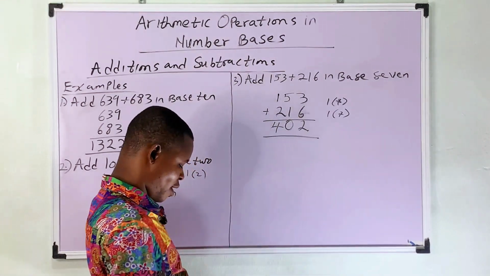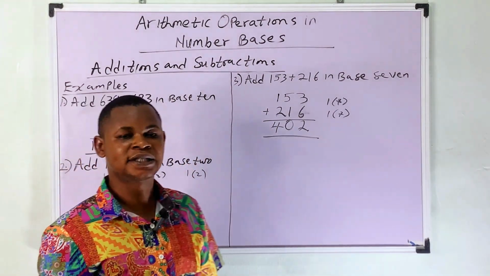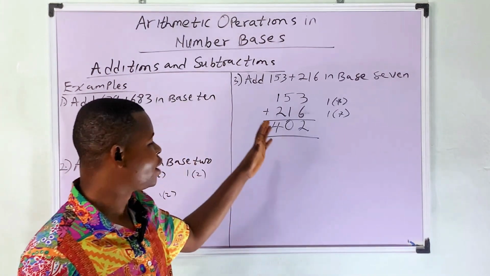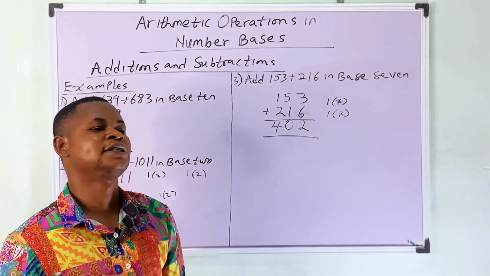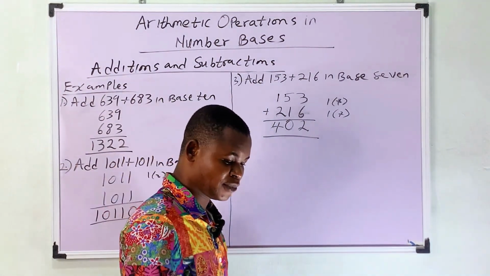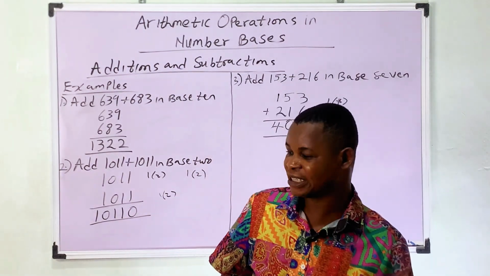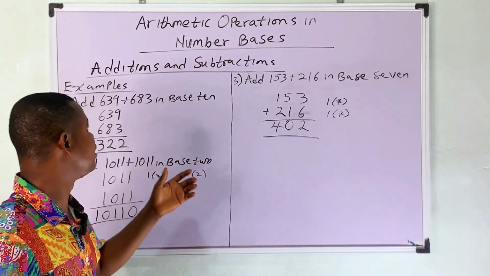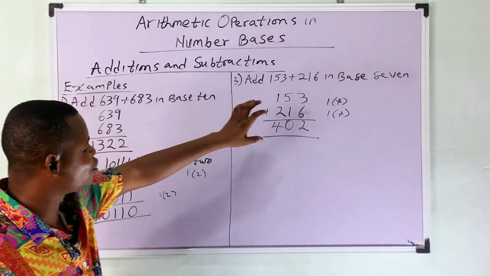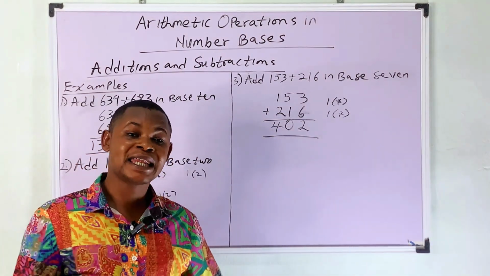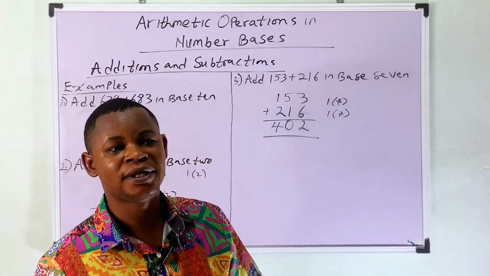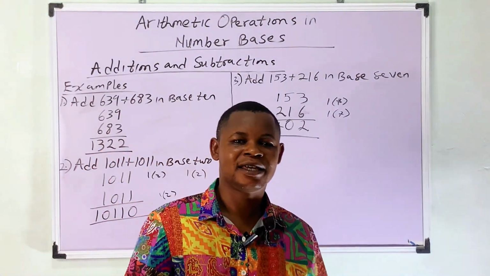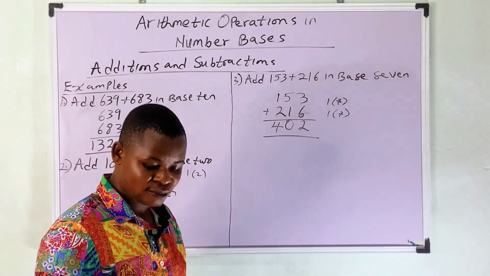That means 153 plus 216 in base 7 will give us 402. So that is it about addition operation in number bases. This approach is applicable to any addition operation you want to perform in any number base. Now let's move on to